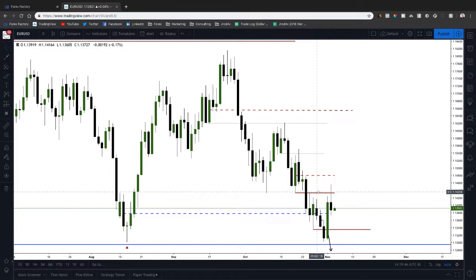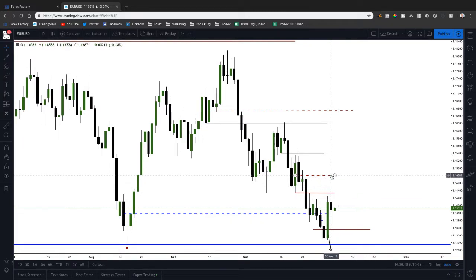But similar to dollar index, we've come back into this down candle, which is an ICT bearish order block, and I've got the 50% level marked out, which comes in at 1.1480. Just how I mentioned, we have that invalidation level for dollar index at 96 big figure. For EURUSD, I'm going to be looking for 1.1480. So as long as we stay below 1.1480 on EURUSD, I'll be looking for continuation lower. First target will be that 1.13 big figure, which is about 90 pips from where we're at right now.